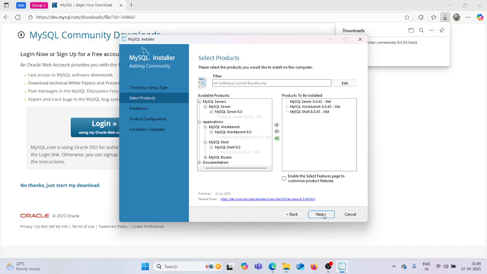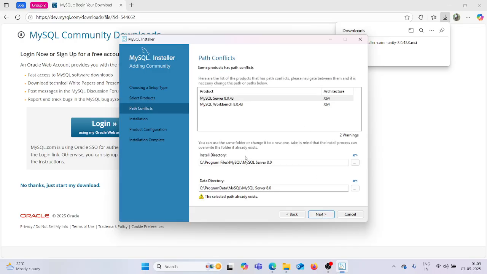From MySQL Server, we chose MySQL Server 8.0.43, 64-bit. Then under applications, we got MySQL Workbench and MySQL Shell 8.0, with their versions and memory sizes. So those three products, we did it. Then just click on next, and it will take us to the next step.